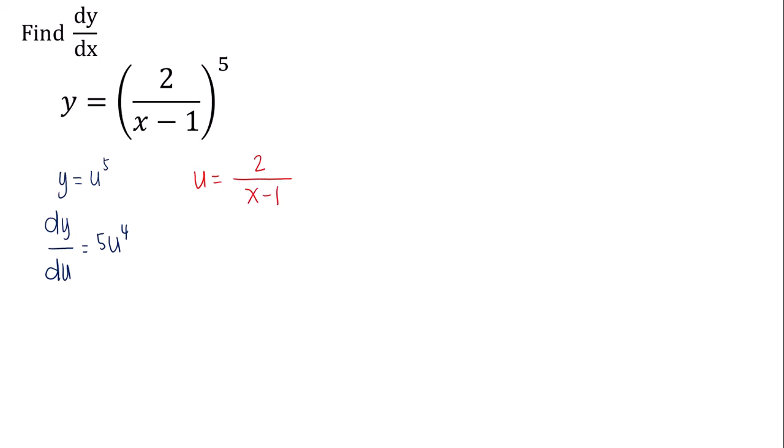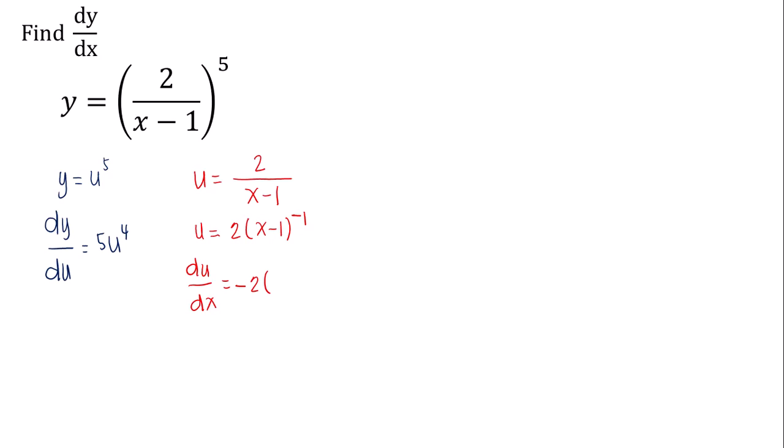Now, another way that we can see this, aside from treating it as a quotient, is by using the negative exponent of the denominator. So u is also equal to 2 times (x minus 1) to the power of negative 1, since it would be more convenient compared to setting this as u, then v, and then having to apply the quotient rule, which would be longer. So here we can apply the power rule. So du/dx is equal to 2 times negative 1, which is negative 2, times